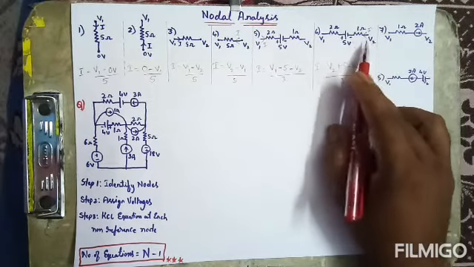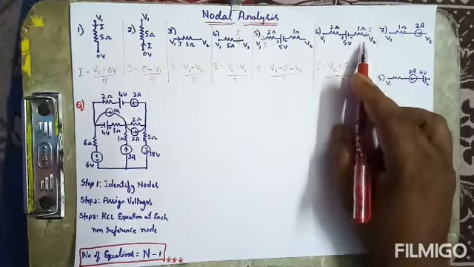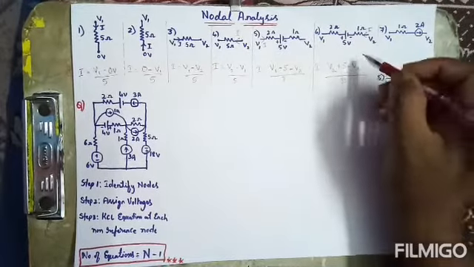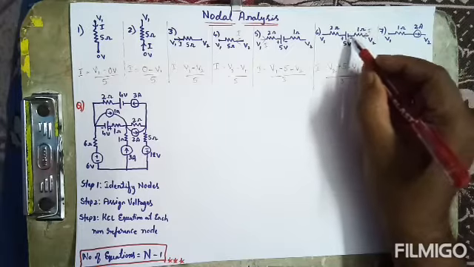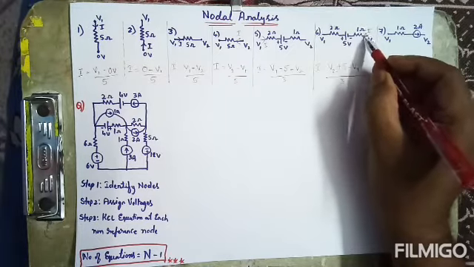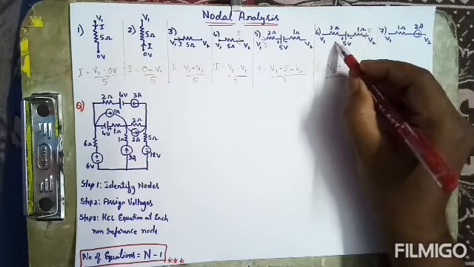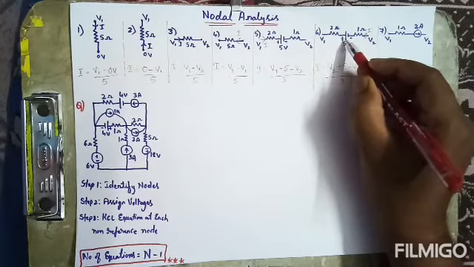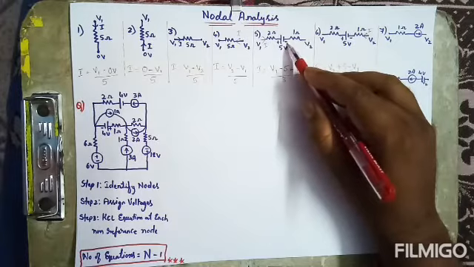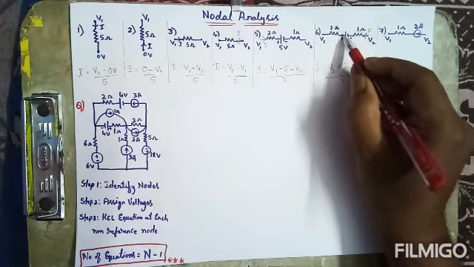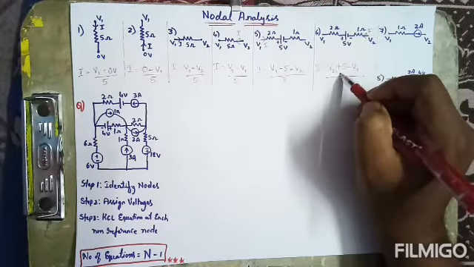So don't worry about the concepts here, and don't memorize it by heart like that. You should concentrate on the point that the current is leaving this source. At that terminal, whatever polarity you have, that polarity you should consider. Here it is leaving at the minus point, here it is leaving at the plus point. So that terminal we should consider.